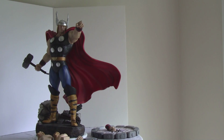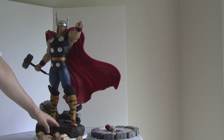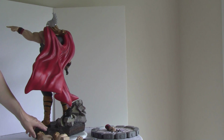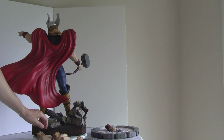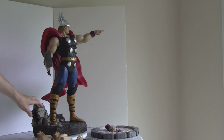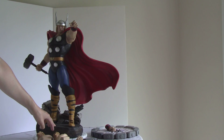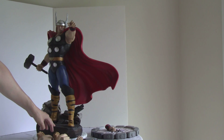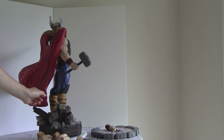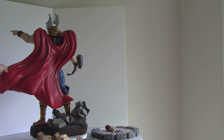Okay, so let me zoom out, give you a 360, and then we'll switch up the other hands. Okay guys, it's 360 time with the non-spinning hammer. Okay, as you can see, it's pretty nice. I think it looks a lot better in real life than the pictures, and I don't know if it will look great in videos for you guys, but this is 360. It's got a lot of attitude, and this is the angle that you want to display it at. Okay, so we'll go back this way. There isn't a lot of horizontal space that's needed, maybe the cape, but other than that,